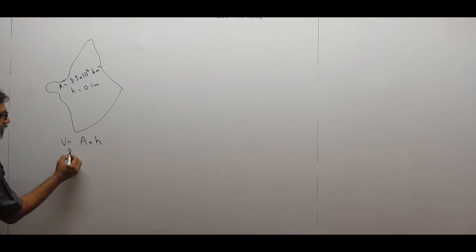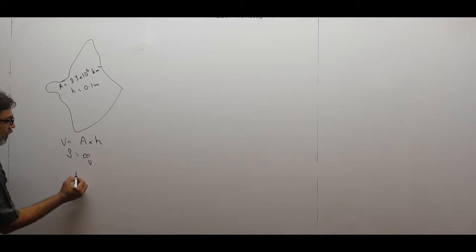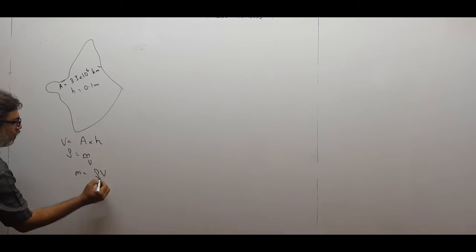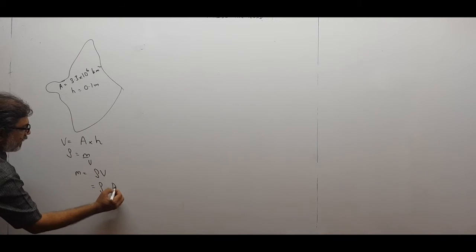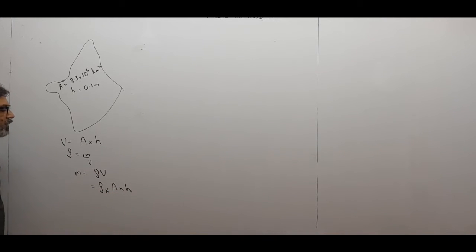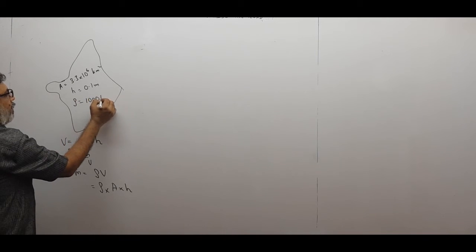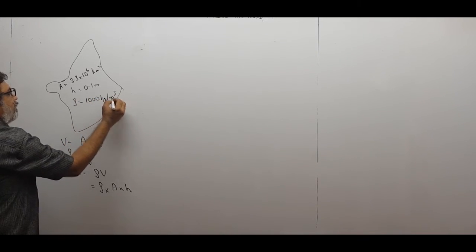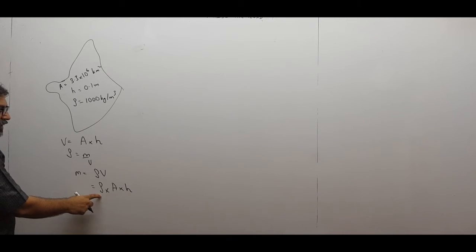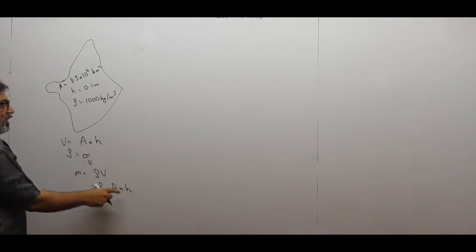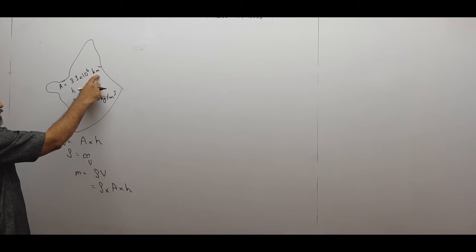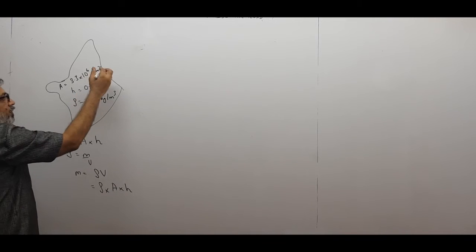We know that density is mass upon volume. So mass will be density into volume. That will be density into area into height. Now we know the density of water. Density of water is 1000 kg per meter cube. So put the value of density, area, this much, and convert it into meter square. Kilometer square is there, so please make it